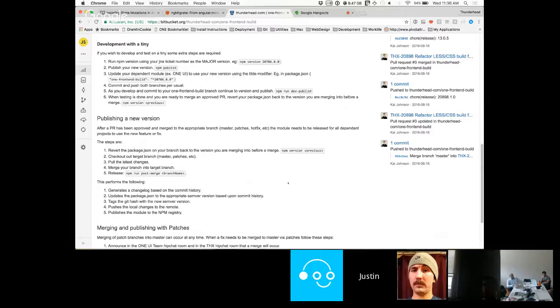To your point, in normal development, we didn't want to constantly run into the same thing where we made a change to the one front end build, so now we've got to go update all 6 repos that have it right now. So when we made this, all of the repos are using the tilde version or the upper caret version, which is basically use the leftmost non-zero digit number. So we're on 13.0 right now. So anything that is under 13.0, so 13.0.1, 2, 3, 4, 5, whatever that is, that will just get picked up every day if there's a change.